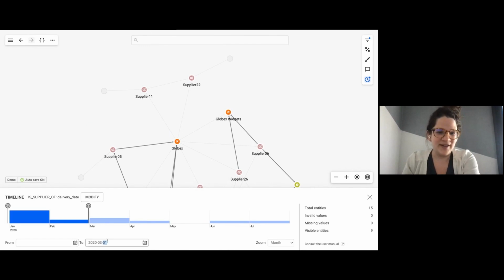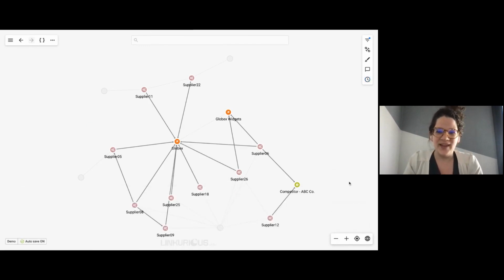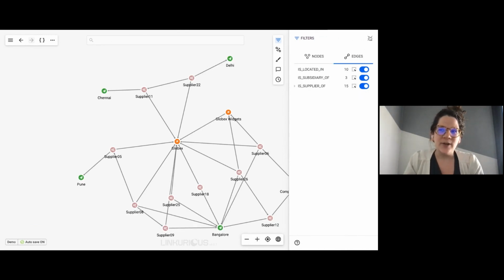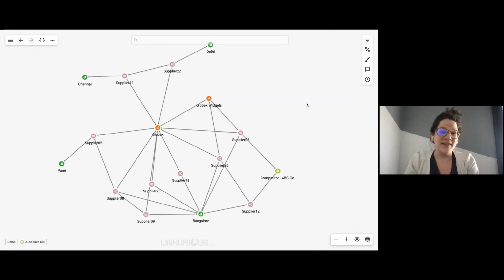So let's go ahead and clear timeline and bring back into view all of my data again. And let's talk about location-based risks. We saw with timeline how it's easy to filter our data to get some business knowledge about when our supplies are coming in, and how you can filter to account for a risk that might be taking place at a specific point in time. But what about risks that are